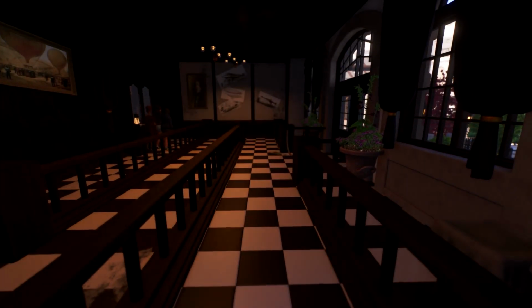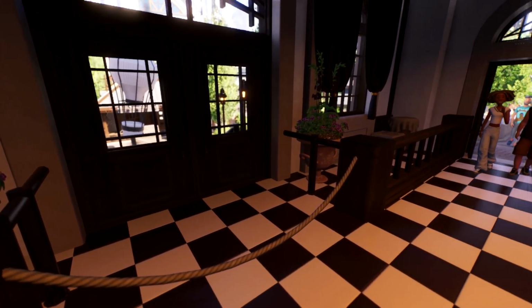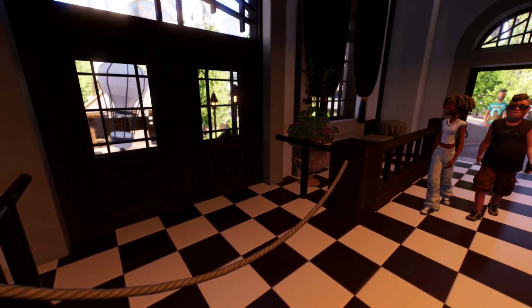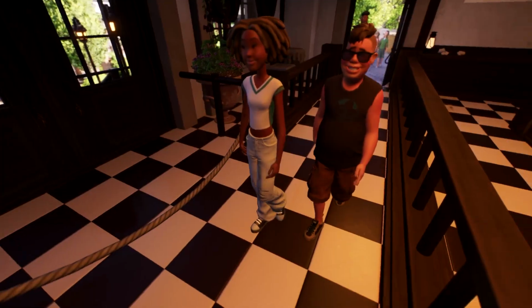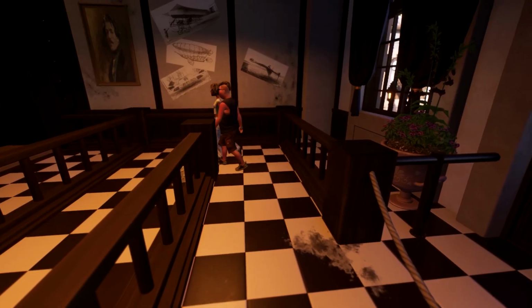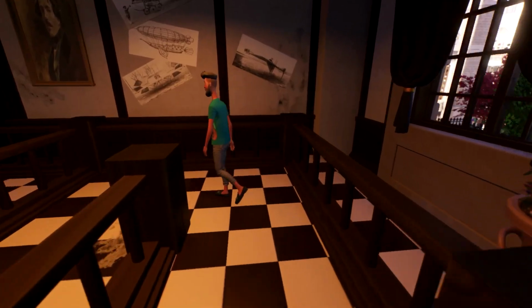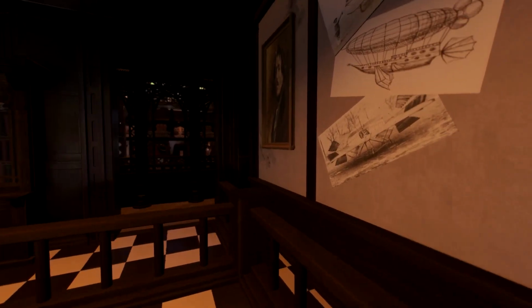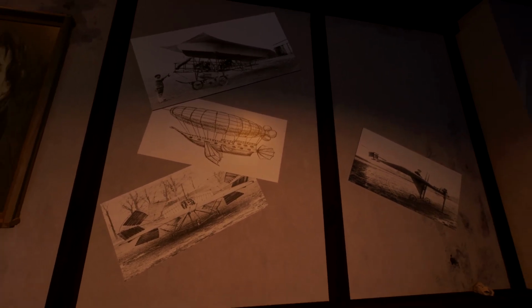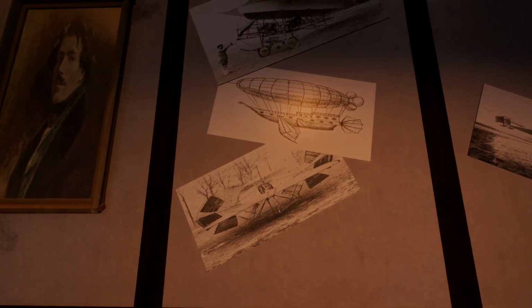Another train goes by. And then the interior. Like, if the Mythos is not busy, which is now, these doors would probably be open and the queue would be significantly shorter. But I am doing this tour, which means we're going to see everything. Anyway, so some drawings of like early airplanes and air balloons and